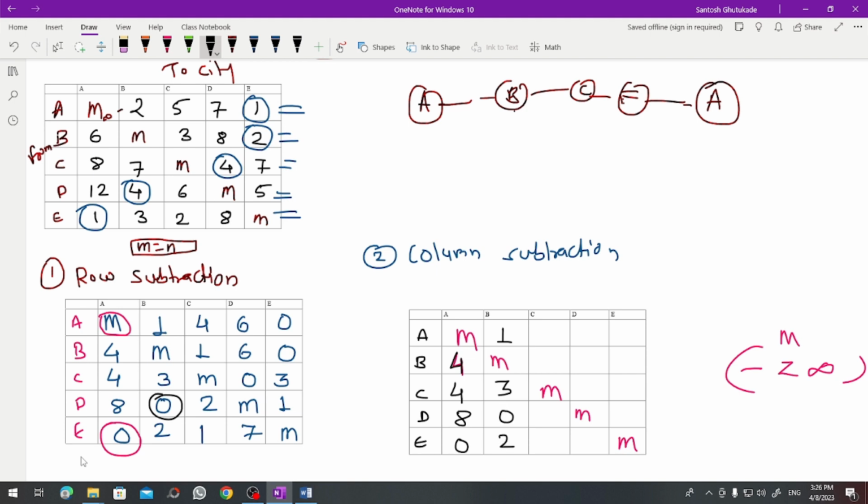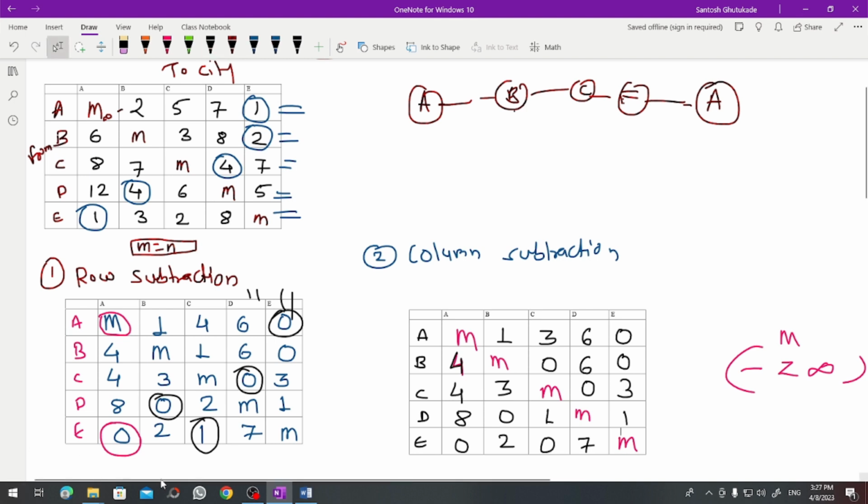In the third column 1 is the smallest element, so the third column changes to 3, 0, M as it is, then 1 and 0. So in the third column it is 3, 0, 1, 0. In the fourth column 6, 6, 0, here 0 is the smallest element, so it remains as it is: 6, 6, 0 and 7. And in the last column again 0 is the smallest element, so it also remains as it is: 0, 0, 3 and 1.